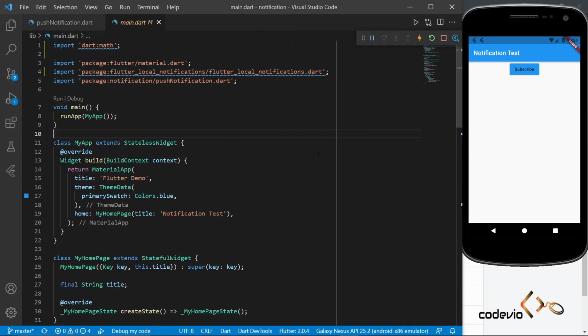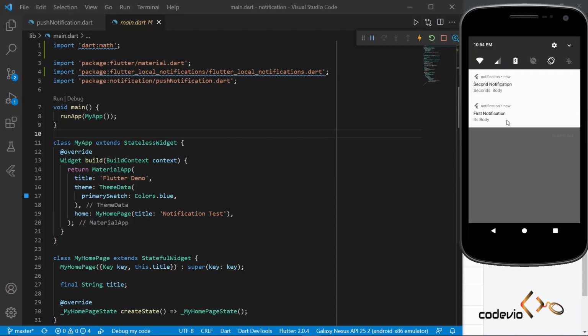So in this video we are going to group our notifications so we can show them as a single one. Let me show you how notifications come. You can see that I have two notifications on the screen, and they are shown as two single notifications. So we must group them so that it looks nicer. In this video I am going to implement this.